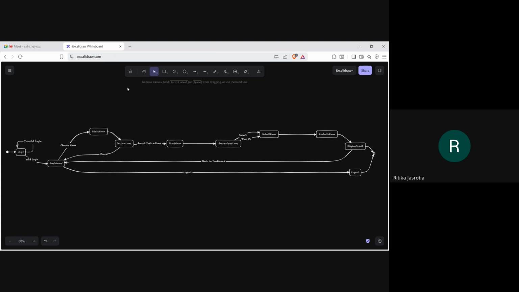In such a scenario, when there are multiple users, admin will have some activities, so the state chart diagram will be separate for admin, separate for teacher, separate for student. When you have to actually make a project, you make a separate activity state chart diagram for each user. Yes, ma'am. But right now, we just have to show them an example. So this is what is better, right? Yes.